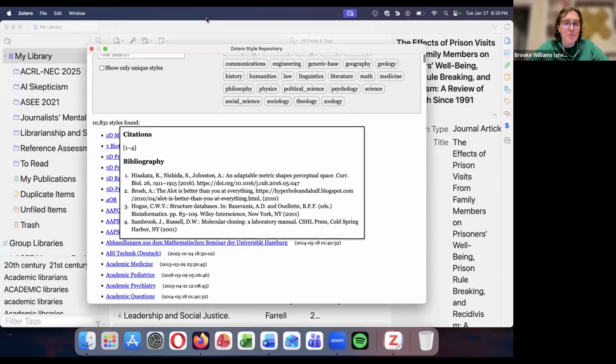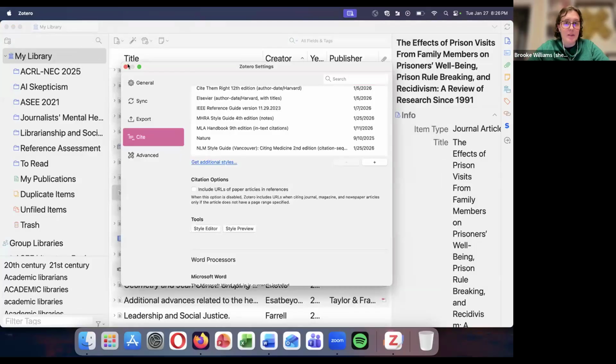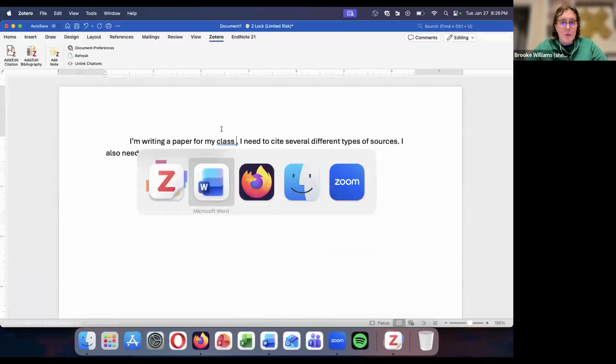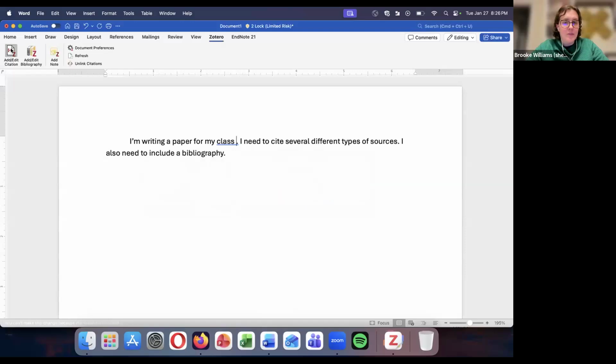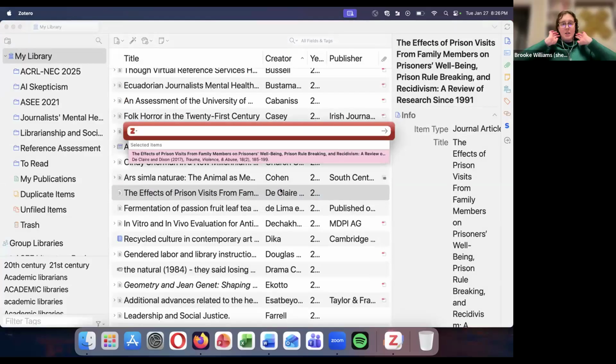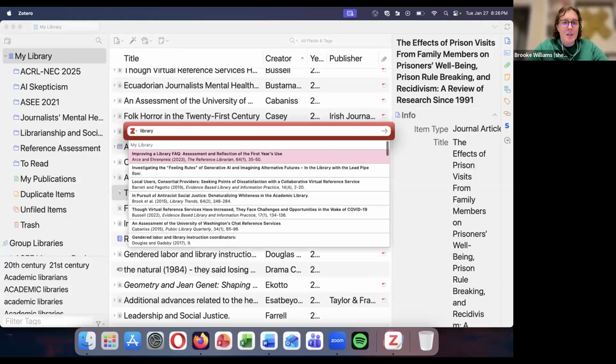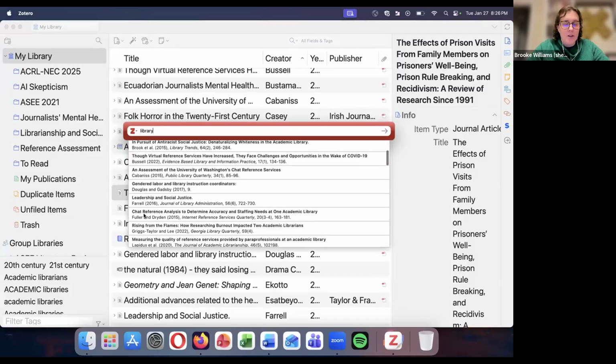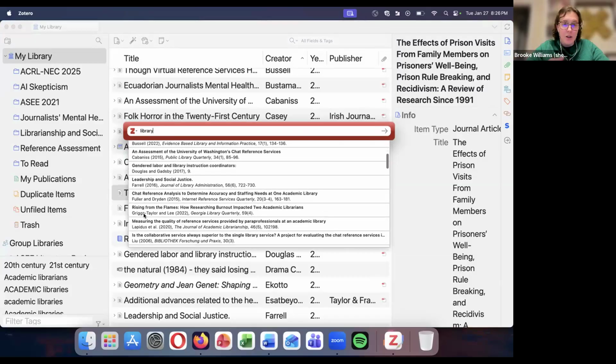So I'm sure you can find whatever style you might be looking for. Going back to my document, if I click Add or Edit Citation, again, I'm going to choose APA. And the next thing Zotero is going to do is give me this little search bar. So it's showing me here what I already have selected. I can also type in here. So if I wanted to find another article and I remember something about the title or the authors, I can